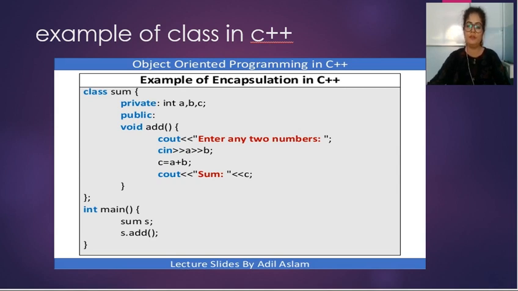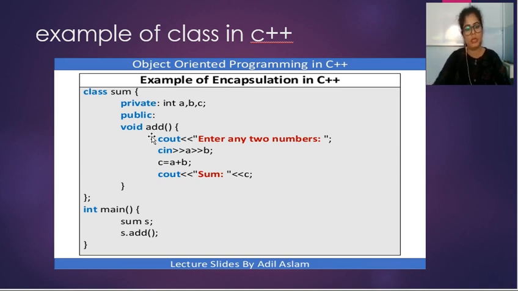Whenever you create an object, you have to follow the proper syntax. The syntax to create an object is the name of the class and the object. After creating the object, you have to use the object name. For example, if the name of the object is S, write S, a dot, always use the dot operator, and call whichever member function you want to call.